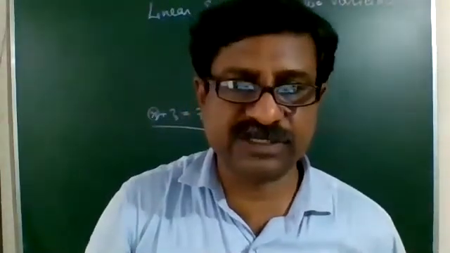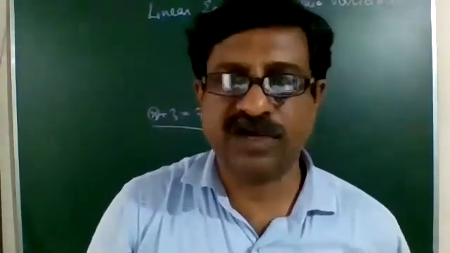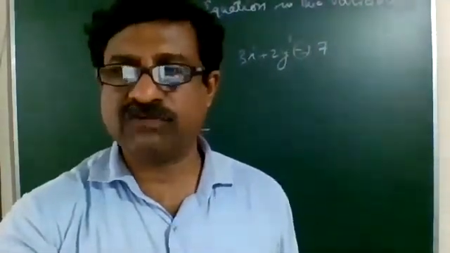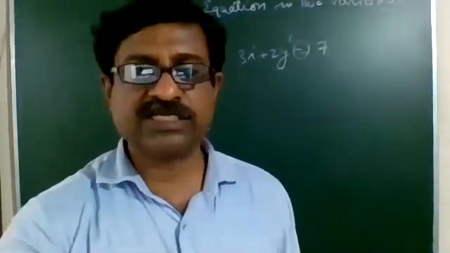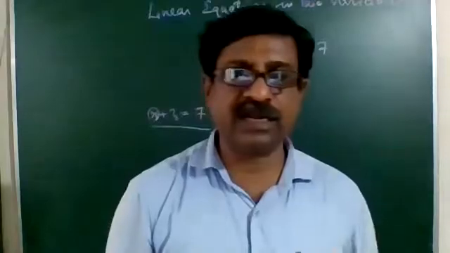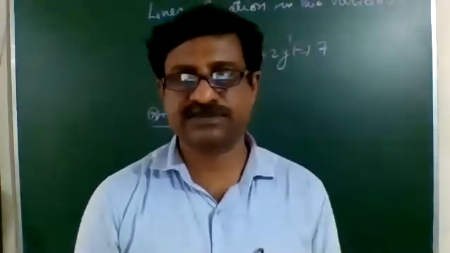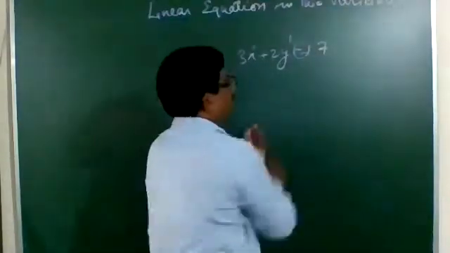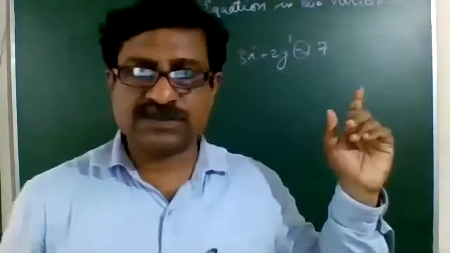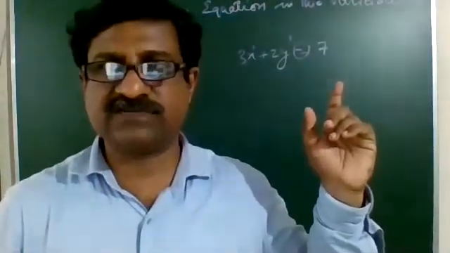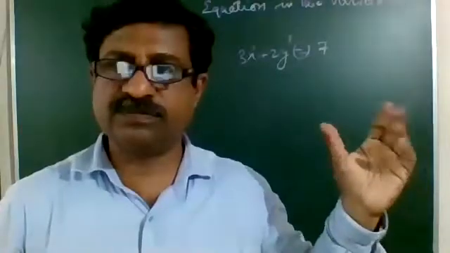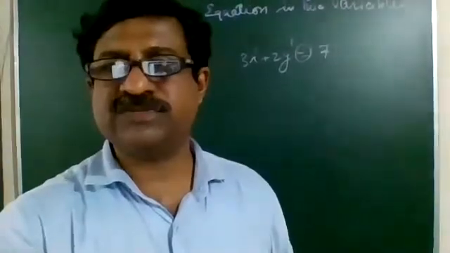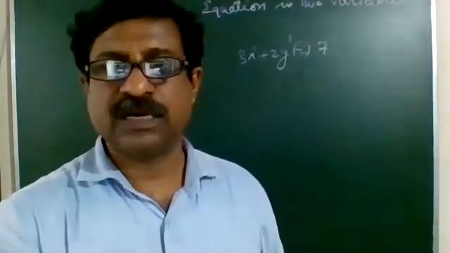And the two variables which you have chosen over here are x and y. Therefore, linear equation in two variables means an equation in which the highest power of the variable is 1 and it consists of two variables. This is linear because the power of x as well as y is 1. Equation because there is an equal to sign. And the variables which you have chosen over here are x and y.